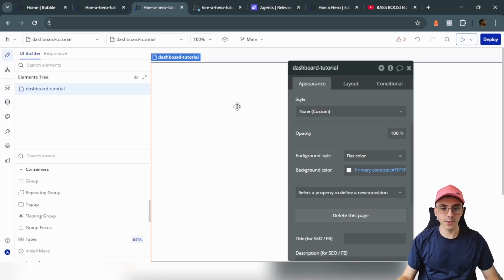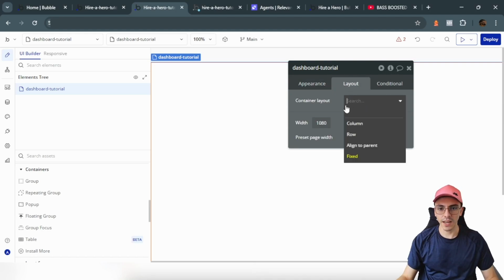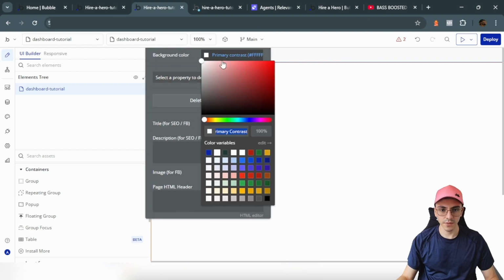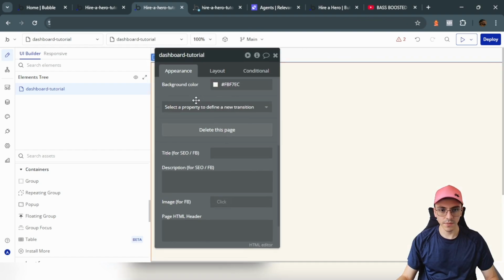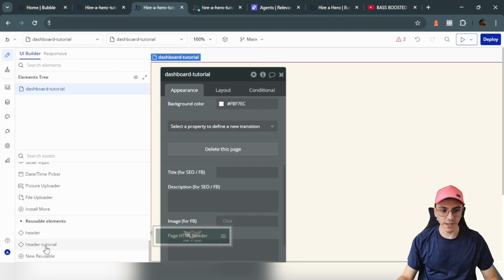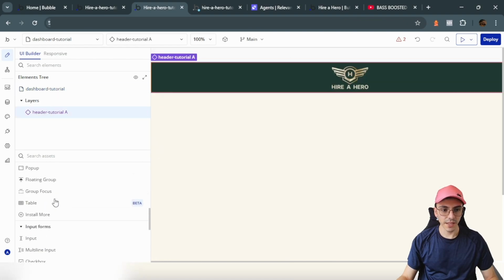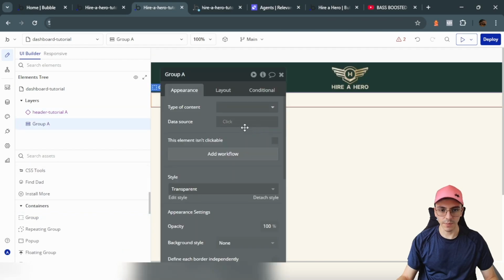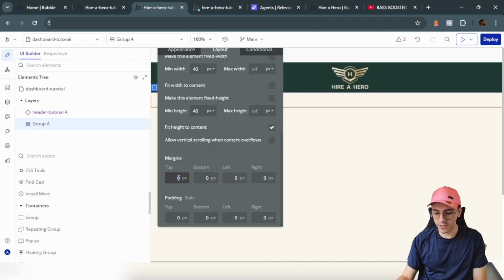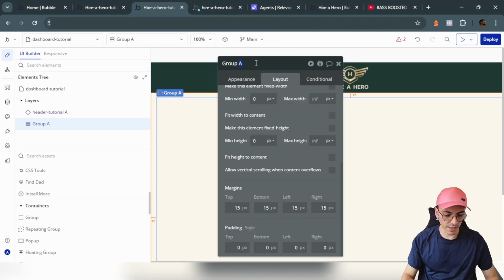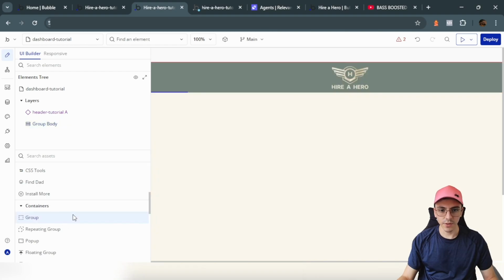The first thing we're going to do is to change the container layout to column, then change the background color of this page and put this one, and let's add the header we just created. Perfect. Now let's add a group that will be the body of the page. Set margins of 15 pixels on each side and uncheck this. Name this as the body. Now let's add other group here,